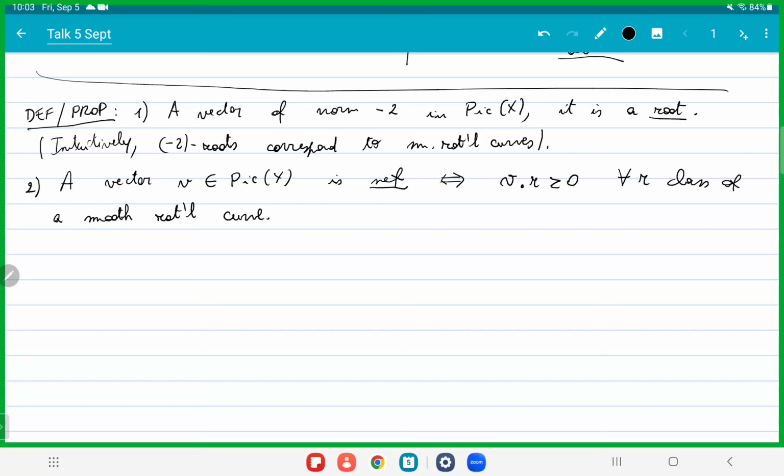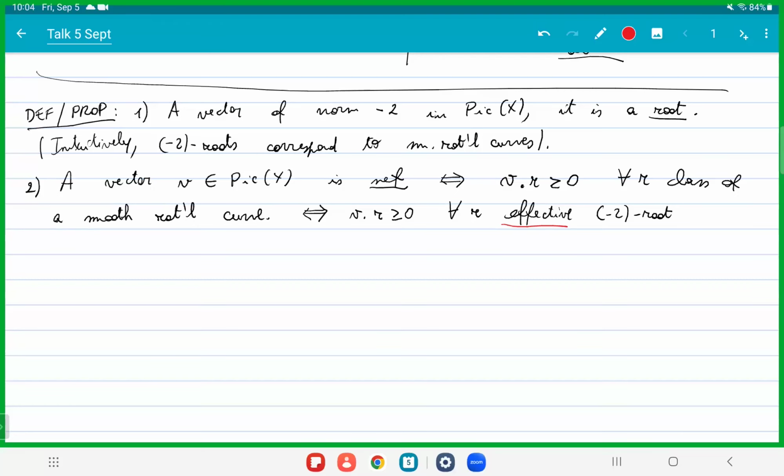So in this sense, smooth rational curves, or equivalently minus 2 roots, control the shape of the Nef cone of a K3 surface. And this is actually equivalent, more lattice theoretically, to V dot R is greater or equal than 0 for every R effective minus 2 root. And very briefly, what do I mean by effective? Well, geometrically, it just means that it represents a curve. Because of course, by Riemann-Roch, if we have a vector of norm minus 2, we can check that it's either effective or anti-effective. So we just have to declare when it's effective.